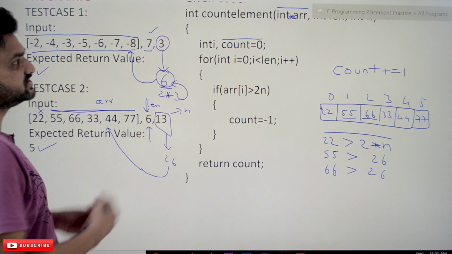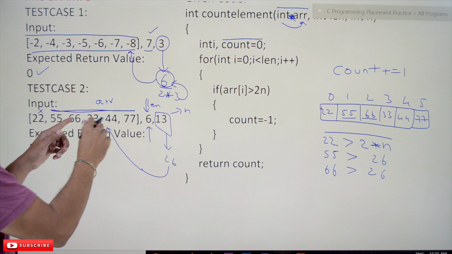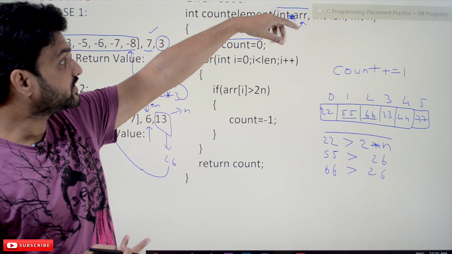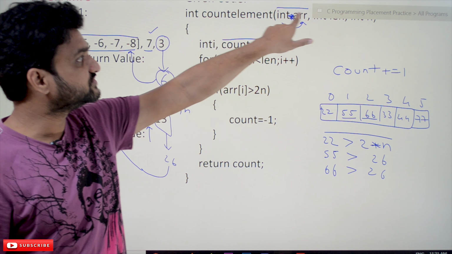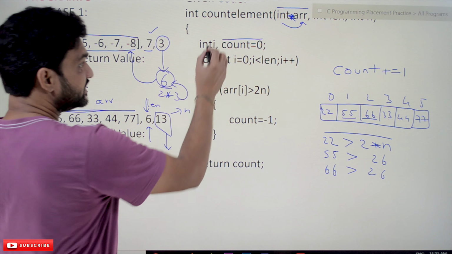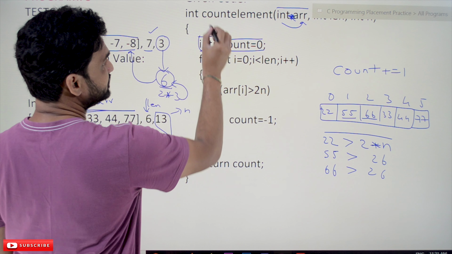Now check the errors. Here it is star a, because int arr does not work, and it is an array. The array is passed, so it has to be passed to the integer array, so an integer pointer. So this has been changed, it is star a. And here there is a mistake, a space has to be provided in this declaration.